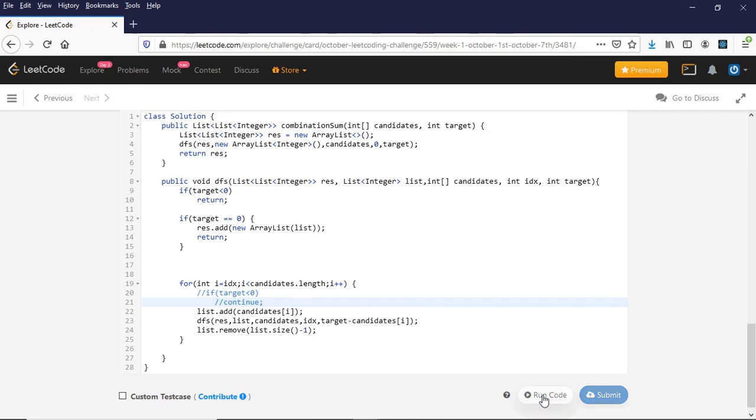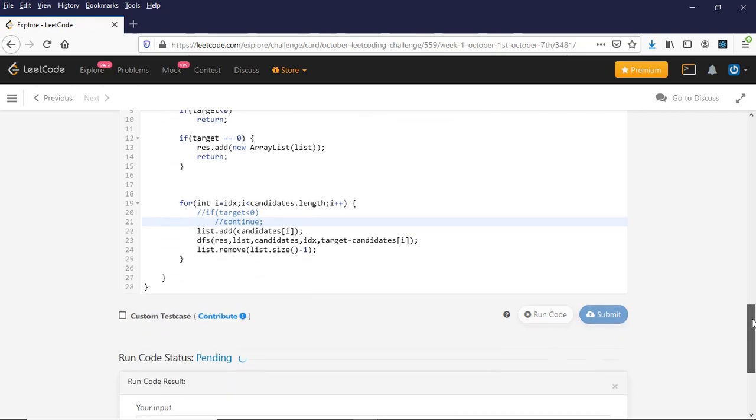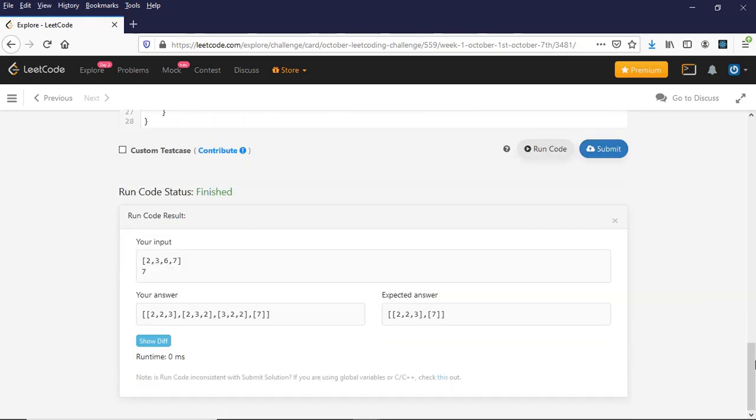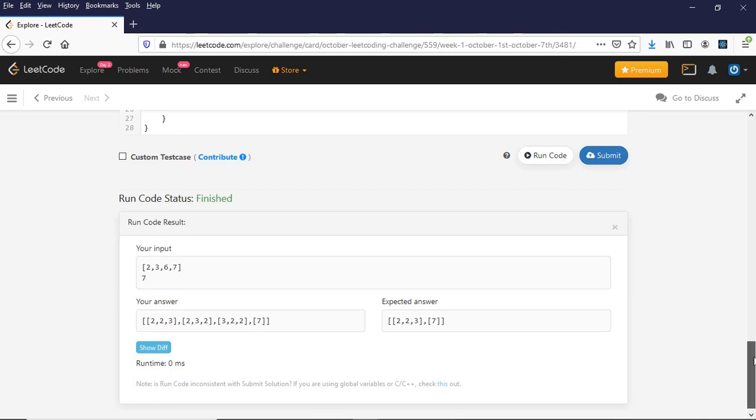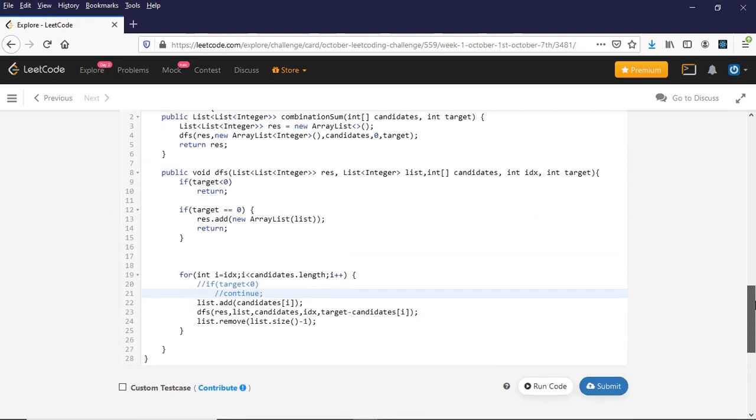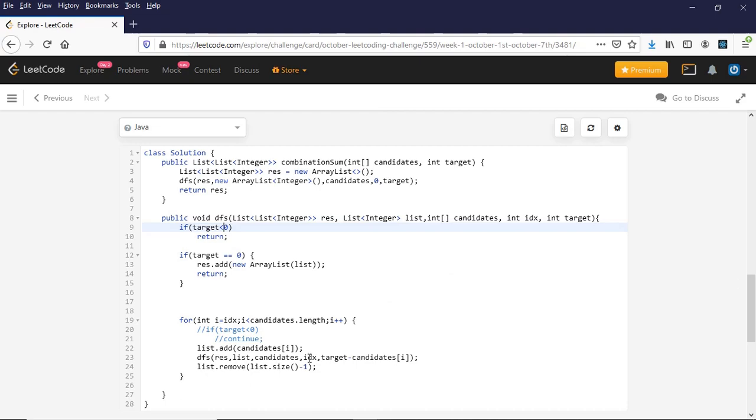Let's run this and see whether it works for the sample test case. Okay, here it's 2232. There are multiple elements coming twice. Oh, okay.